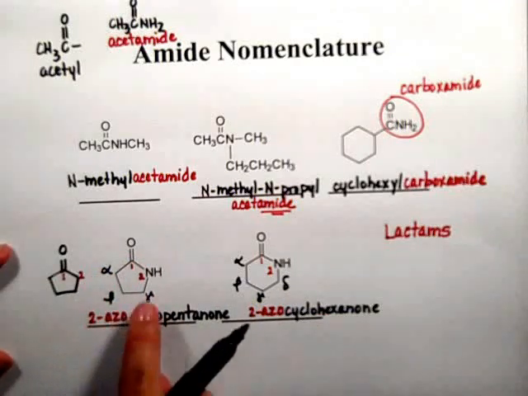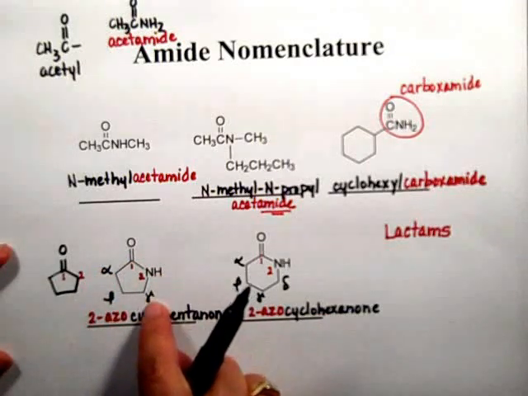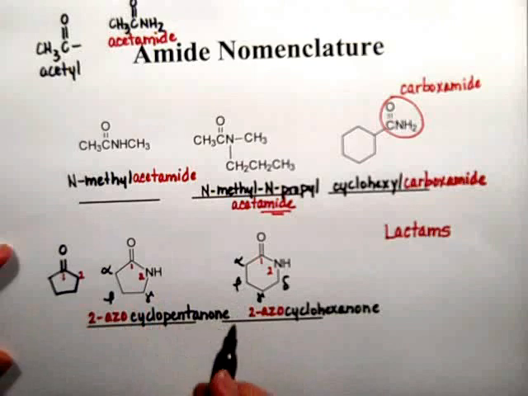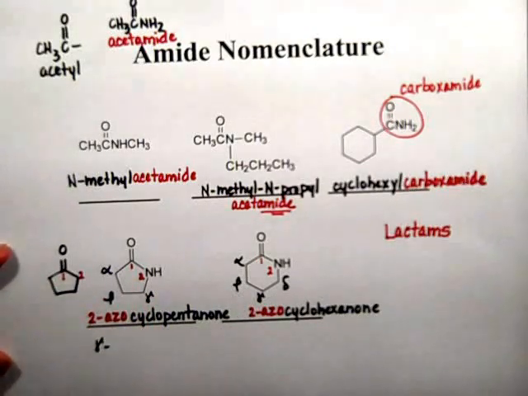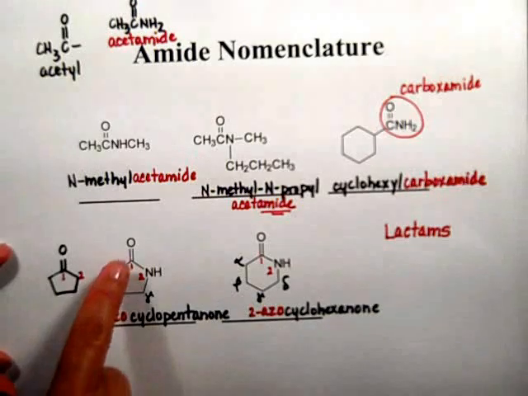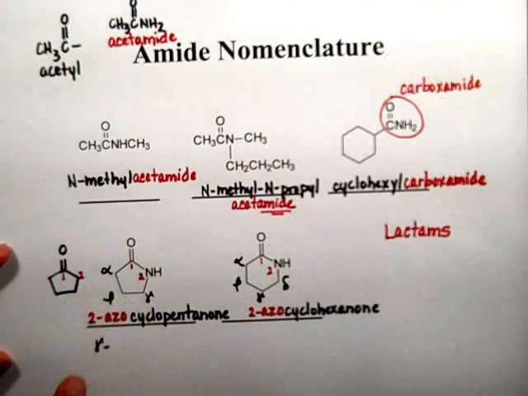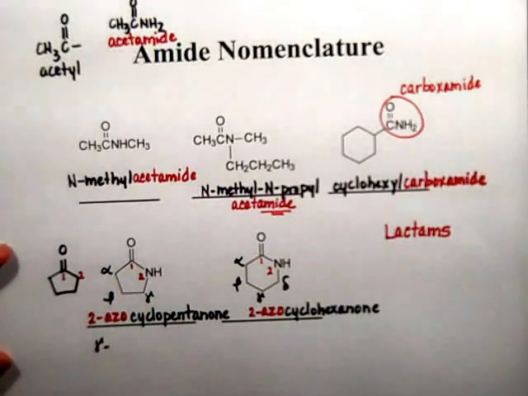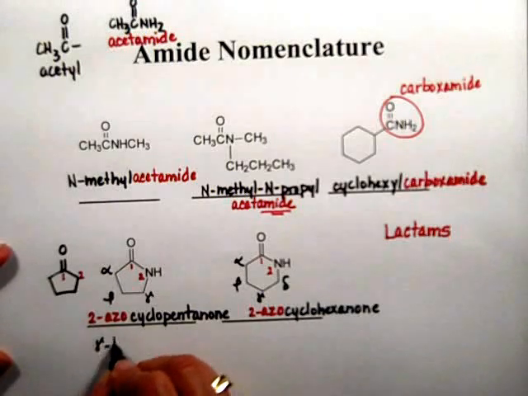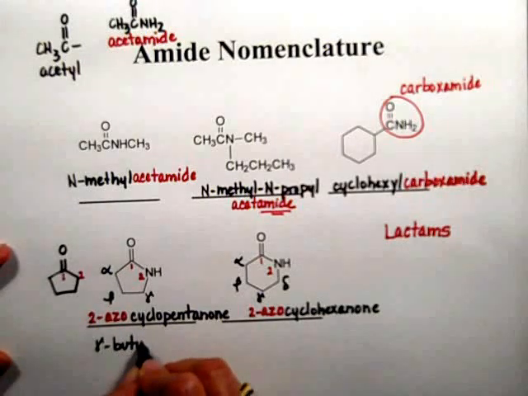But we specify that the nitrogen is attached to the gamma carbon. And we're going to use the word lactam, so we don't have to say that it's an amide. But 1, 2, 3, 4. This is 4 carbons. It would be a butyric acid. So lactam,